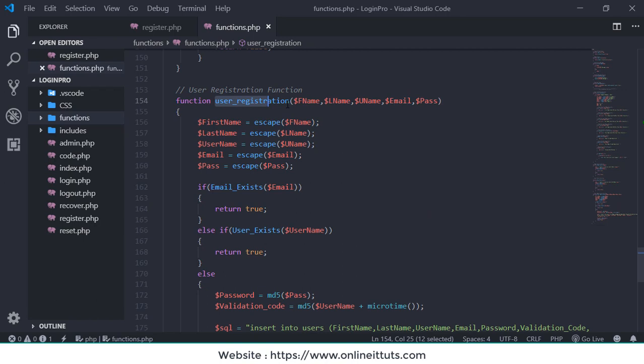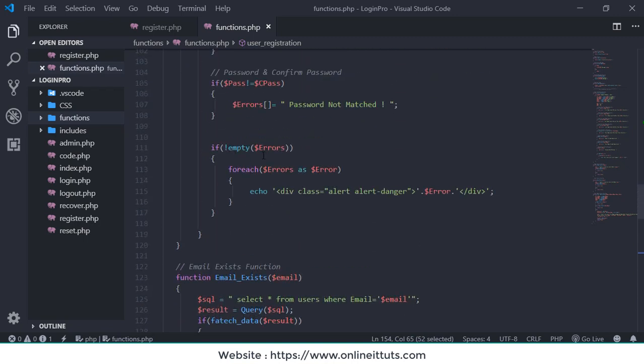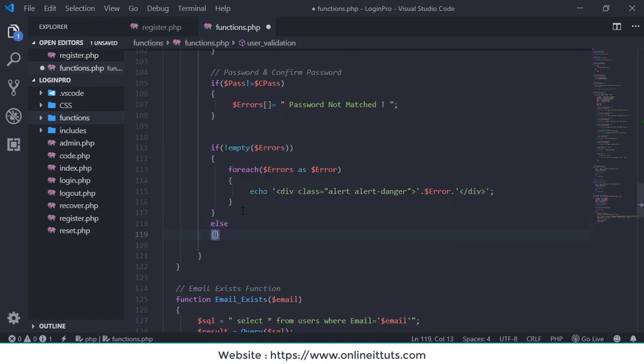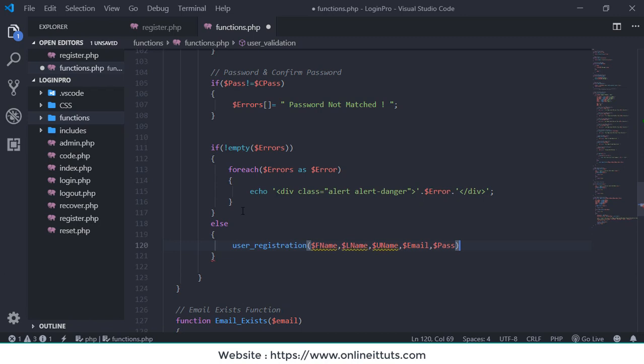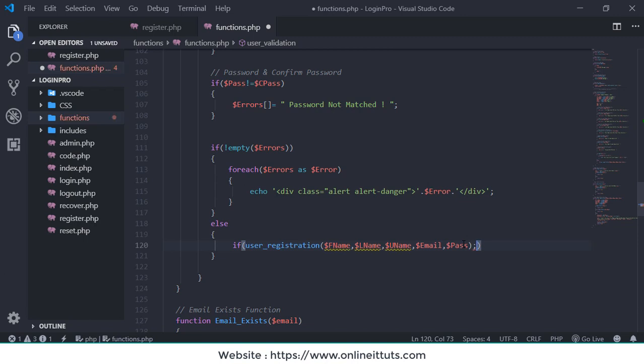Right, this is our complete function. Where you will call this function? Just copy this one complete statement with parameters, go above, and this is basically an if statement. If the error is not empty, then come into the if body, otherwise come into the else body and paste the function. Right, I just want to use an if statement also, if parentheses and function. Okay, so you need to pass the parameters. Which parameters do you want to pass? Go above